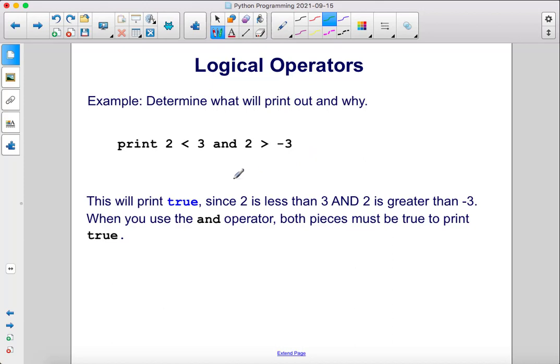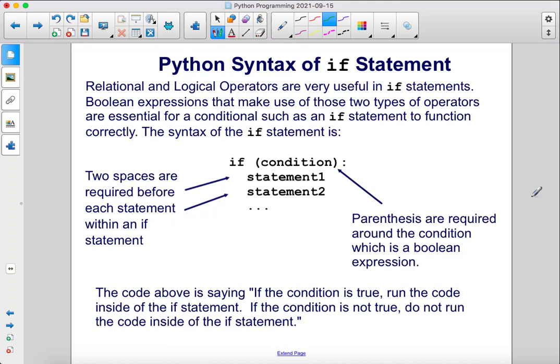So when you use the and operator, both pieces must be true to print true. So the first conditional must be true and the second conditional must be true in order to print true. Relational and logical operators are very useful in if statements. Boolean expressions that make use of those two types of operators are essential for a conditional, such as an if